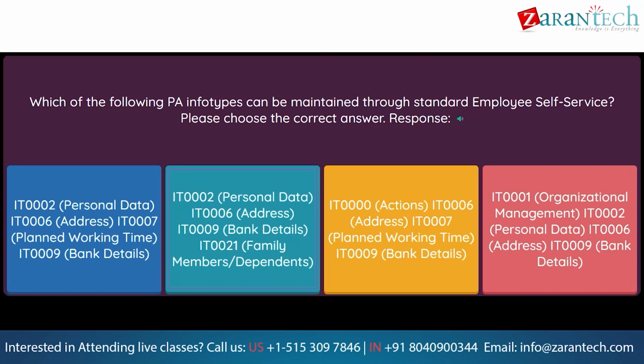IT0006, Address, IT0009, Bank Details, IT0021, Family Members/dependents. Option 3: IT0000, Actions, IT0006, Address, IT0007, Planned Working Time, IT0009, Bank Details. Option 4: IT0001, Organizational Management,